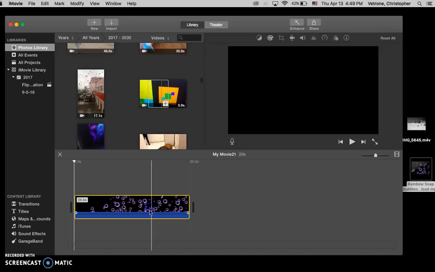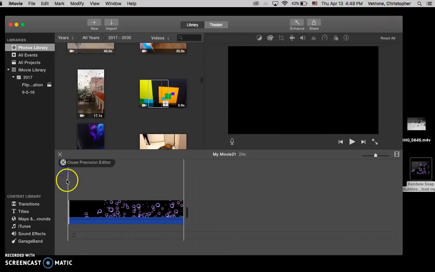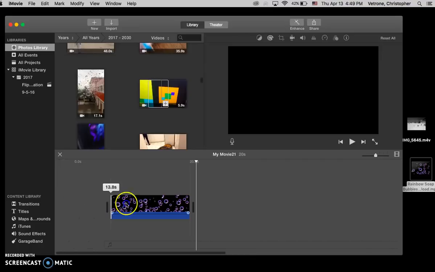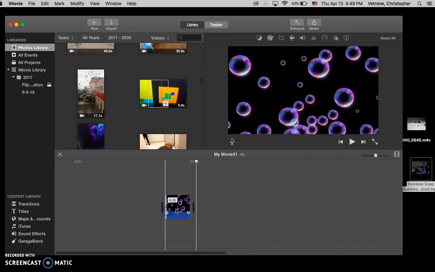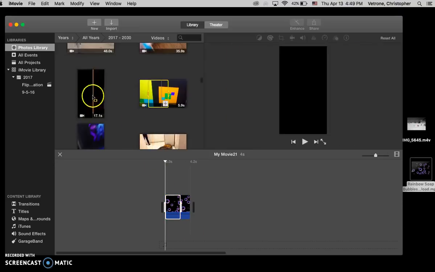Okay? So I'm going to use this one. Right now it's 20 seconds. I'm going to trim this cowboy down to, where are you going? Close Precision Finder. I'm going to drag it down to just 4 seconds. I like that clip. Okay, and then I'm going to use this,